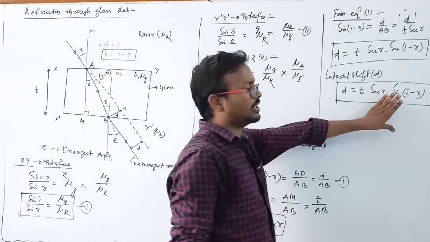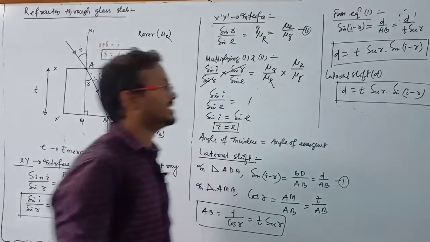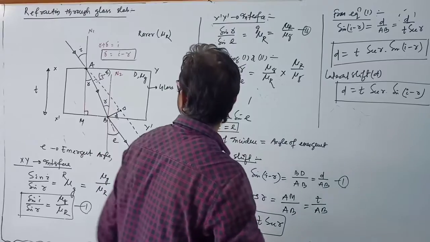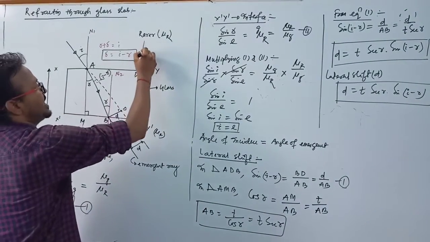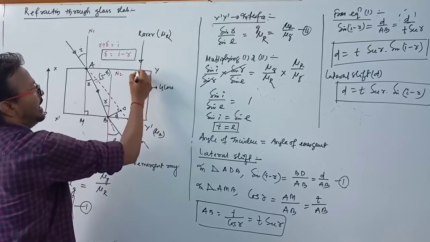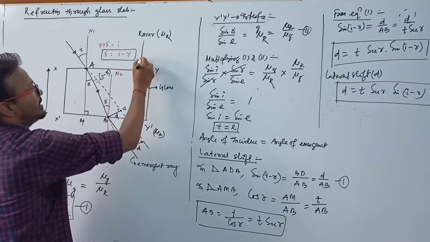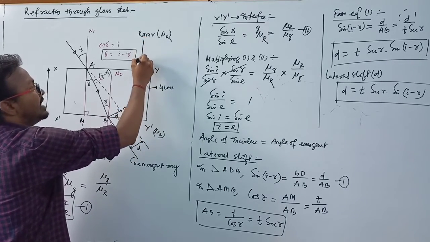This is known as lateral shift. Suppose there is a ray which is incident normally in this direction,